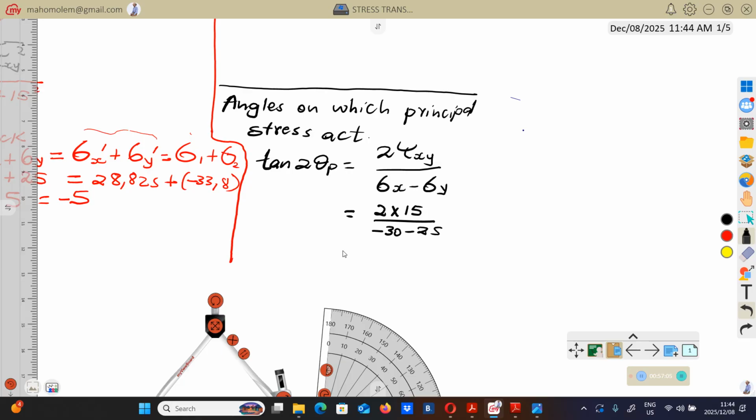Then you find the inverse of this. This is basic mathematics. The inverse, we say 2